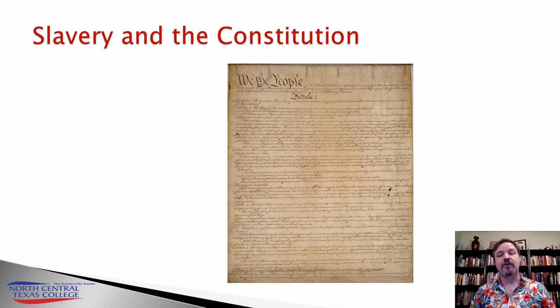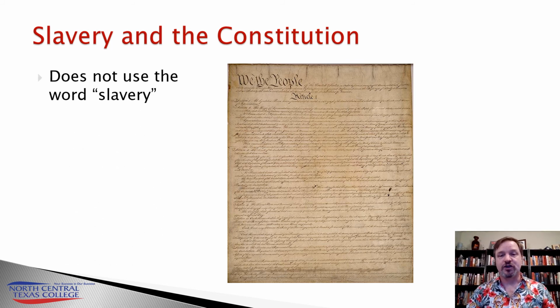When the founders were drafting the Constitution, they had a real opportunity to eliminate slavery in what has become the United States of America. However, to do that would also have been to alienate the entire southern colonies, and you probably wouldn't have gotten them to join. This is why the word slavery doesn't even show up in the Constitution. They don't use that term. They use a convenient secondary term called held to service or labor.